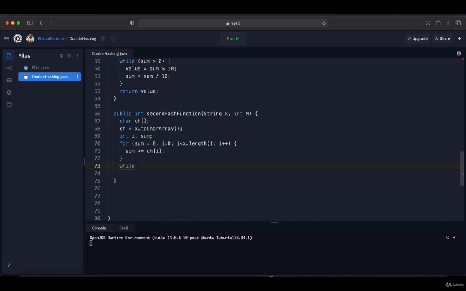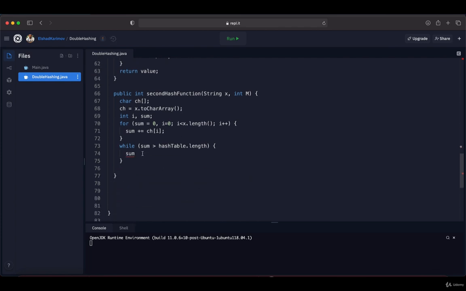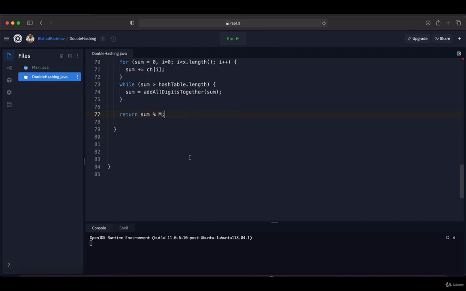After doing so, we are going to write a loop like this: while sum is greater than hash table dot length, we set the value that comes from this function to the sum. So sum is equal to add all digits together with the parameter of sum, and at the end we are going to return sum mod m. With this, we have successfully implemented our second hash function.